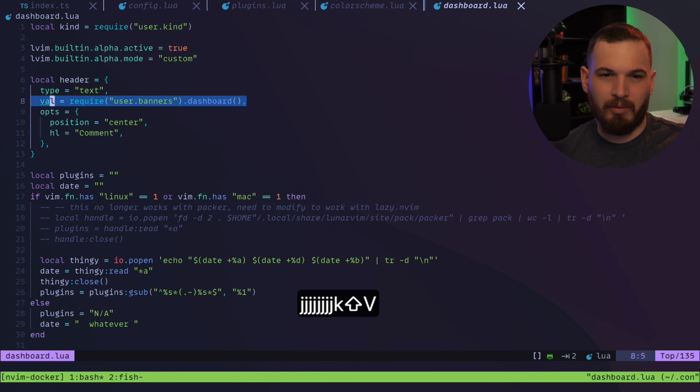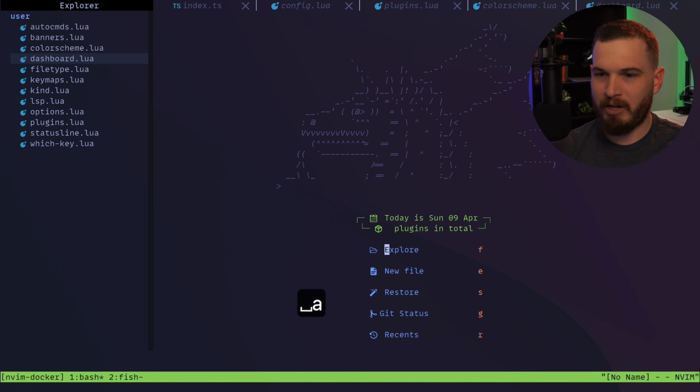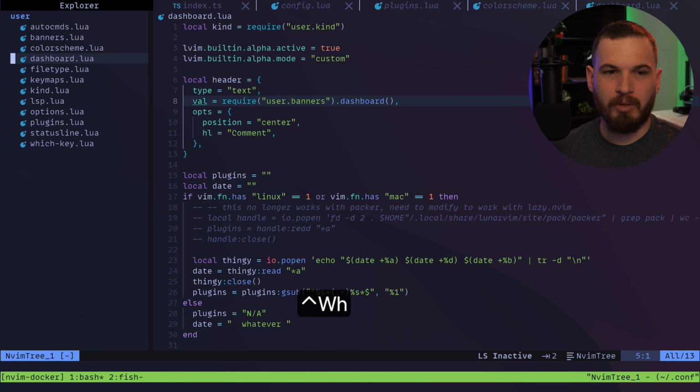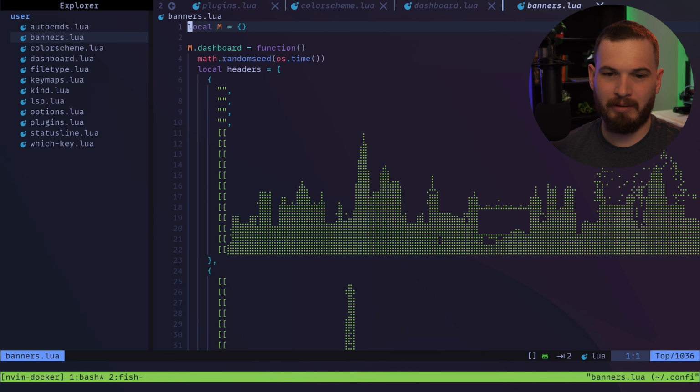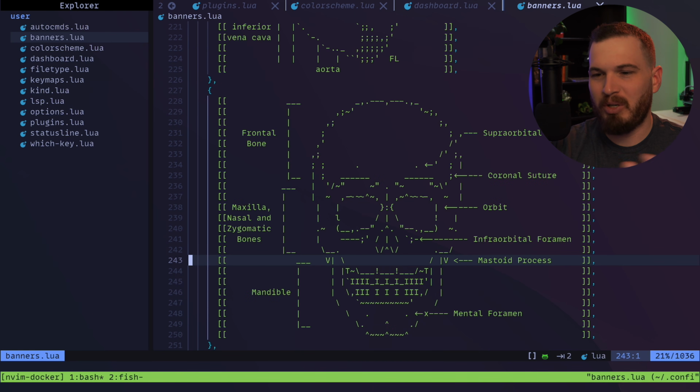Anyways, also there's these banners right here. So going back to the dashboard page, you can see that there's some kind of new image right here every time that I launch LunarVim, or rather, look at this dashboard page. Those are coming from this banners file right here, which just has a bunch of ASCII art, a bunch of banner images, and it just randomly picks one every time you